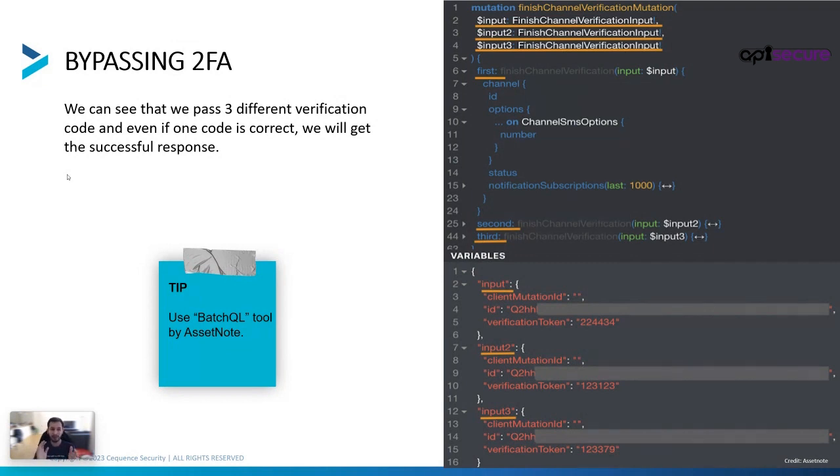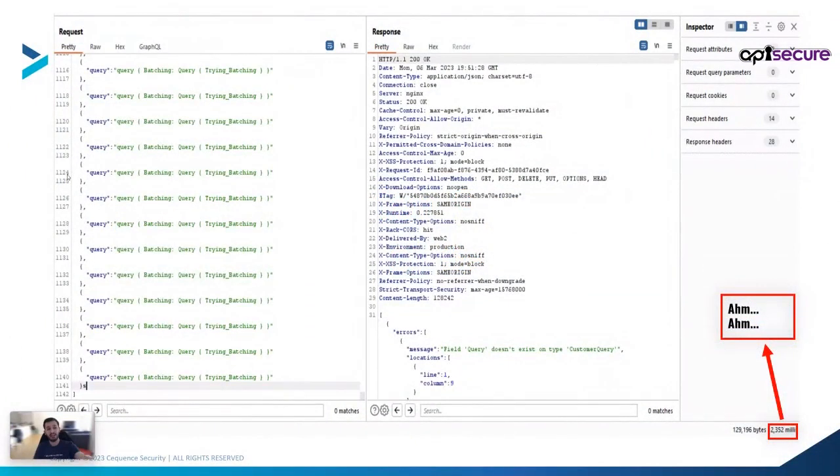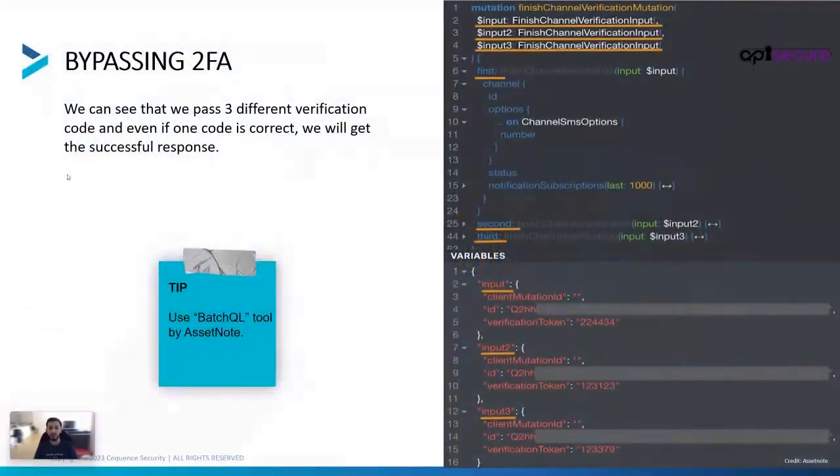Directive overloading and batching are quite similar. The main point is that in batching, you are putting out different requests. Here you can see there are multiple requests, or arrays of requests. Inside an array, there are 1000 requests separated by commas. Okay. Now, when we come to directive overloading,